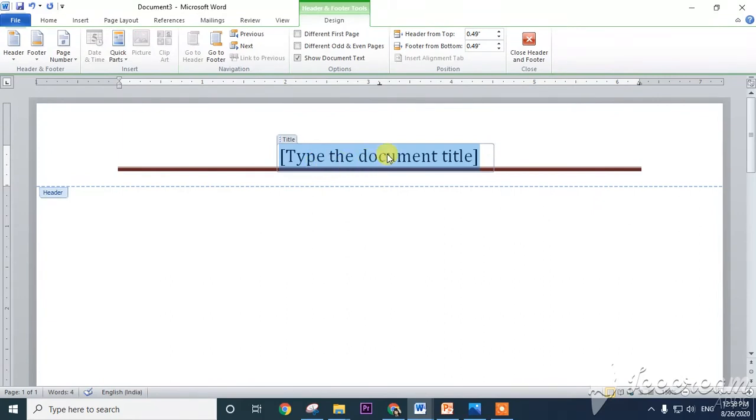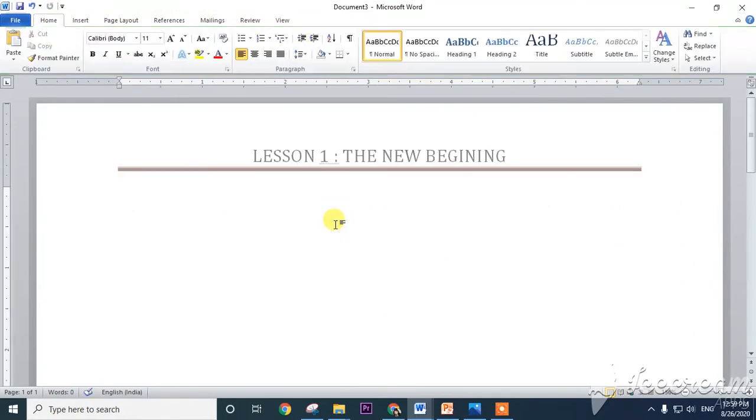Now write the document title. I am writing here Lesson 1, the new beginning, which is the lesson name. Now it is the header. It will appear on every page of your Microsoft Word document.